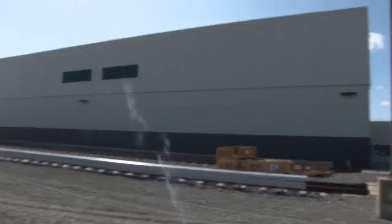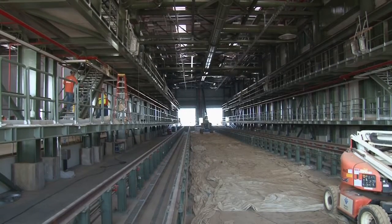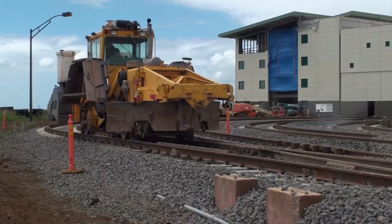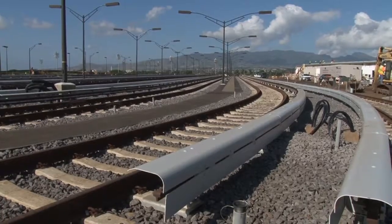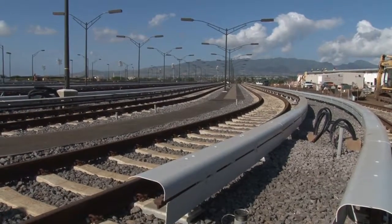HART. The cars will be trucked over to the Rail Operations Center and be tested. We'll do the unwrapping. There's going to be some final work that will get done on the rail cars, and we'll assemble them into a full 4-car train and then begin what's called static testing, which means that the elements that are on board the train when it's not moving, everything from air conditioning to lighting to LED signage, will